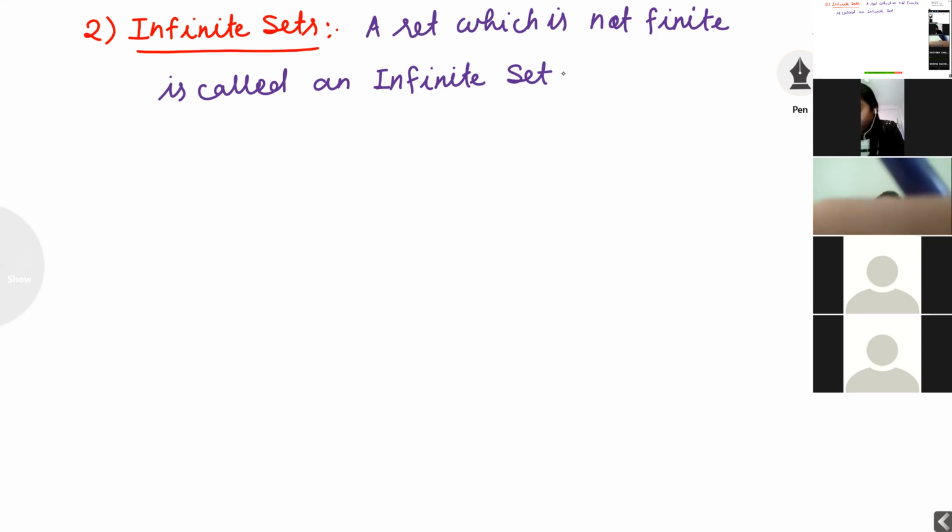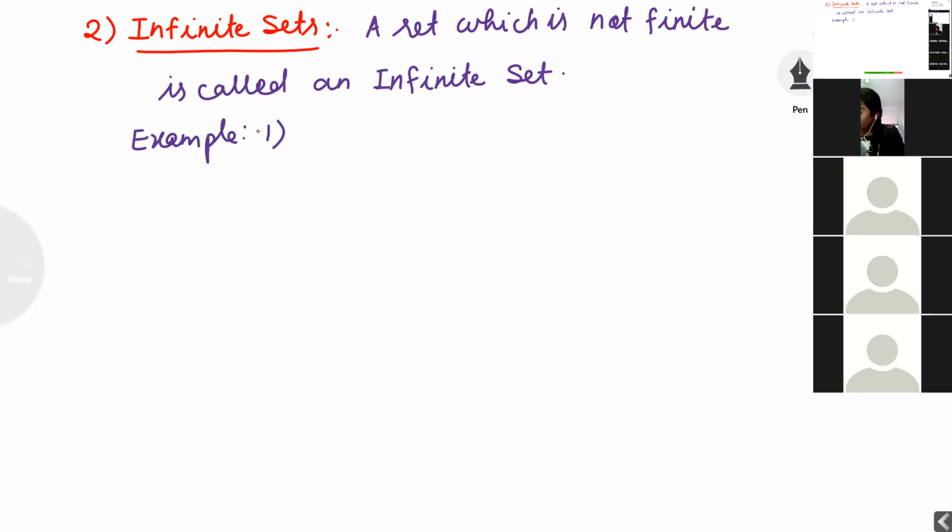Examples, note down. Example first, the set of natural numbers, comma, whole numbers.